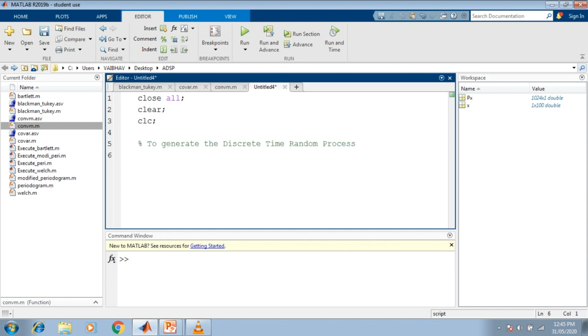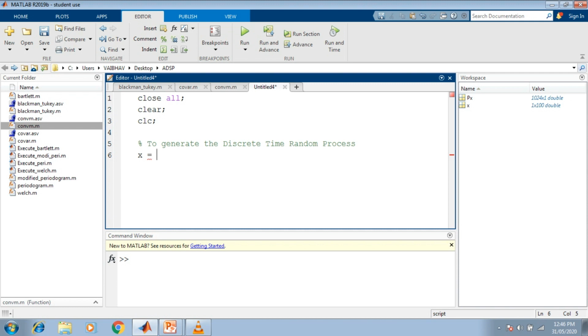For generation of this discrete time random process, we have seen various ways, and it can be assigned to the variable x here. These ways we saw in the third topic, where we first started the MATLAB demonstration of non-parametric power spectrum estimation by the periodogram technique.